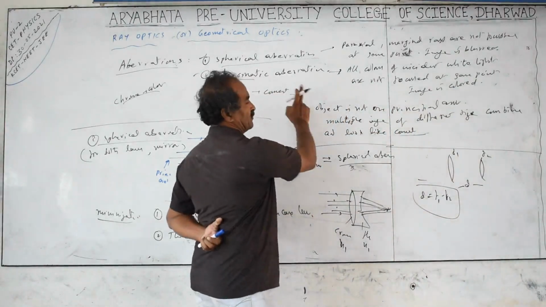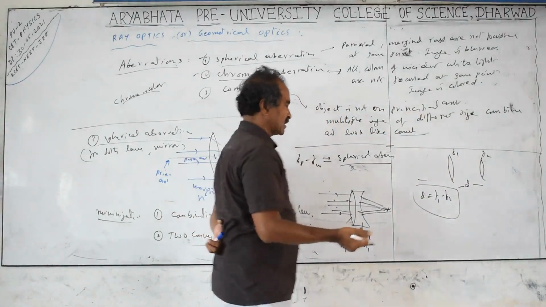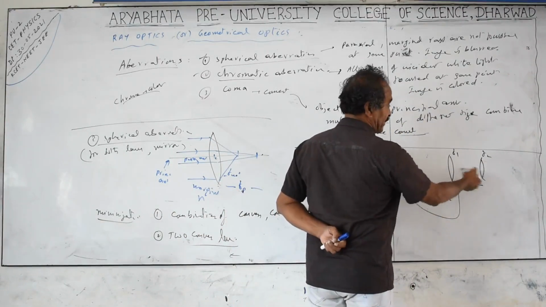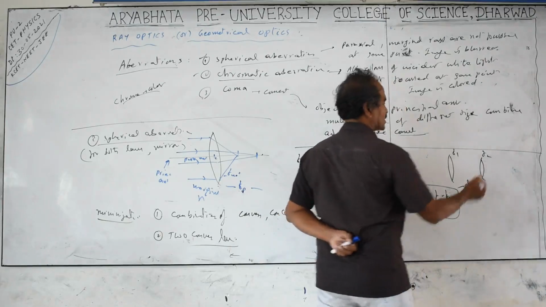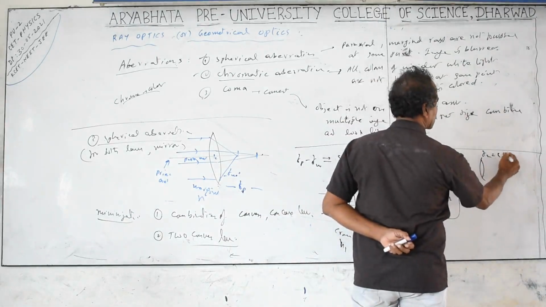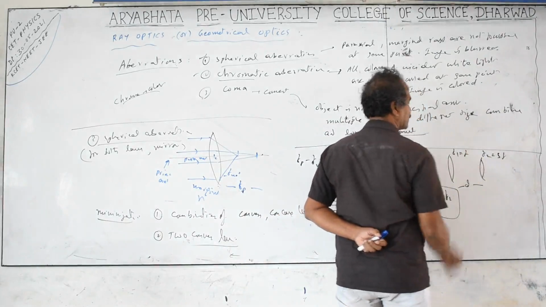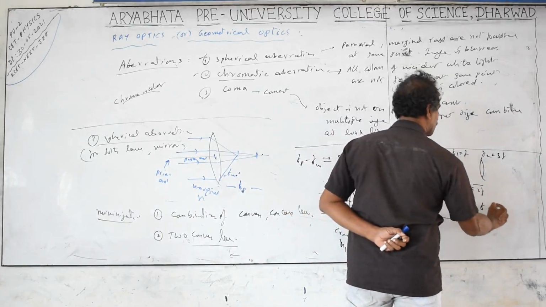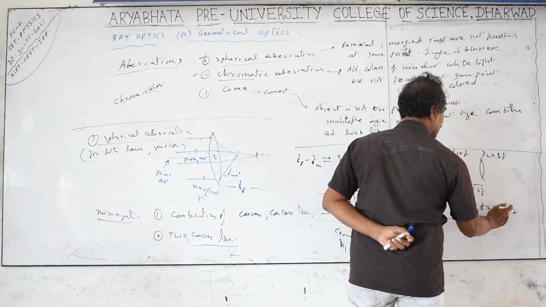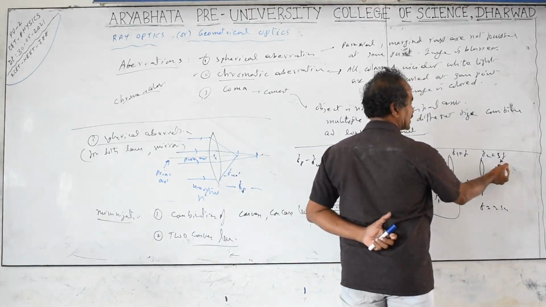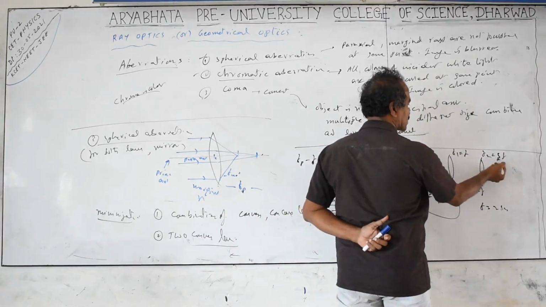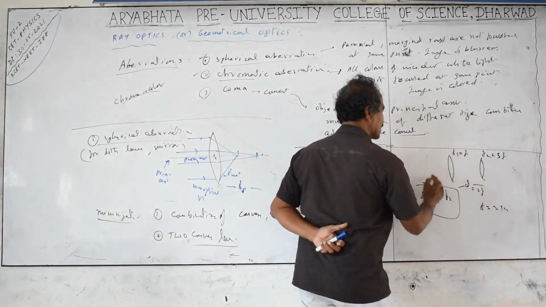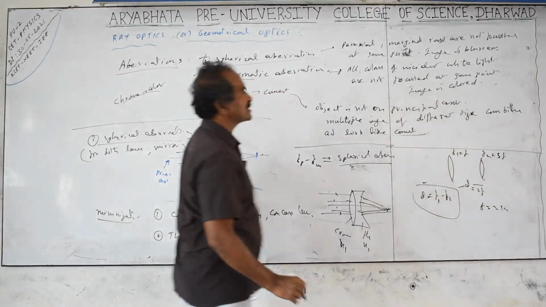They generally ask for a definition: what are paraxial rays and how to eliminate, meaning the condition for elimination, with values they will give you for f1 and f2. For example, f1 is f and f2 is 3 times f. What is the difference? It equals 3f minus f, which is 2f. The distance should be equal to 2 times f. F may be given as 2 centimeters, 3 centimeters like that. If f is equal to 2 centimeters, this is going to be 6 centimeters and this is going to be 2 centimeters. The difference must be equal to the difference of these two, which is 2f, meaning 4 centimeters. If the separation is there, the spherical aberration is eliminated.